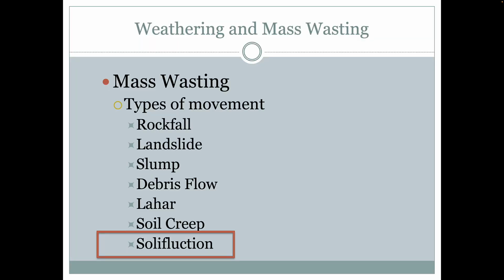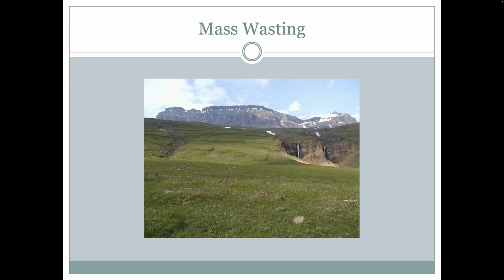The last type of mass wasting that we'll talk about is called solifluction, and solifluction occurs in areas of permafrost. It's another slow process, and essentially what happens is that in some areas of discontinuous permafrost, the entire ground, including the soil, just freezes solid most of the year, but then certain times during the year, just the top layer thaws, which allows the top layer to slowly move down slopes like this,